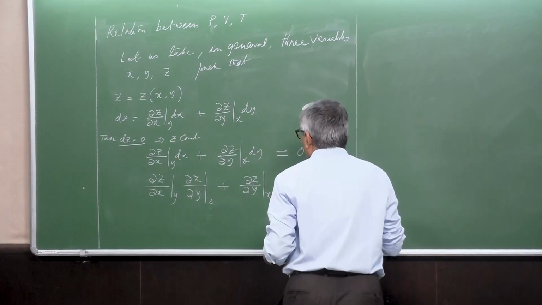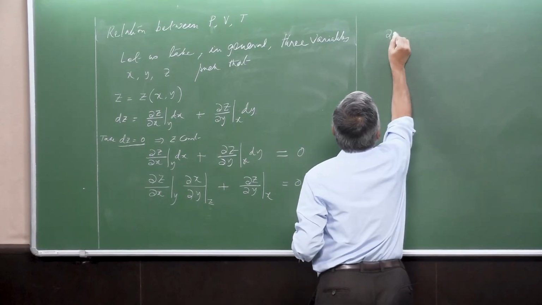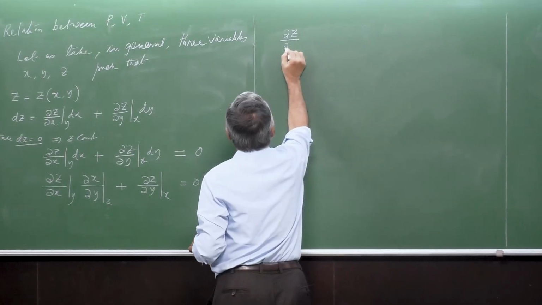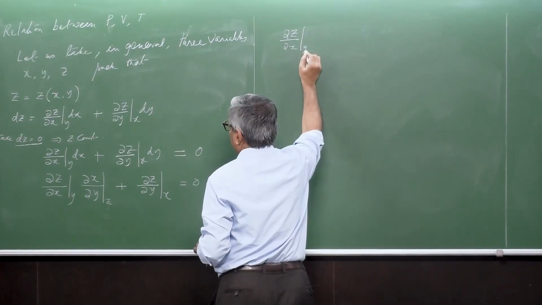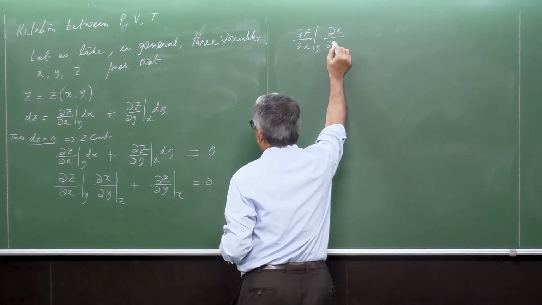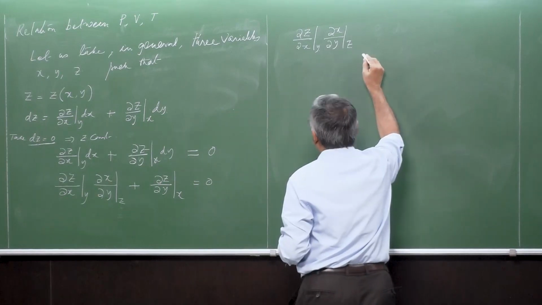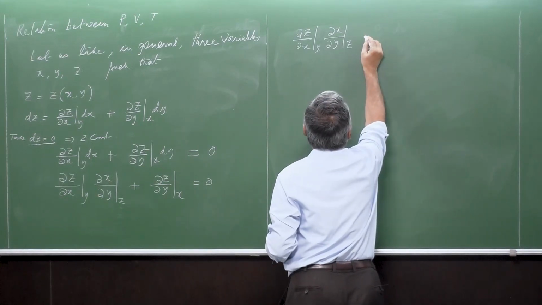To write it in a slightly different form, del z del x at y times del x del y at z, then what we do,